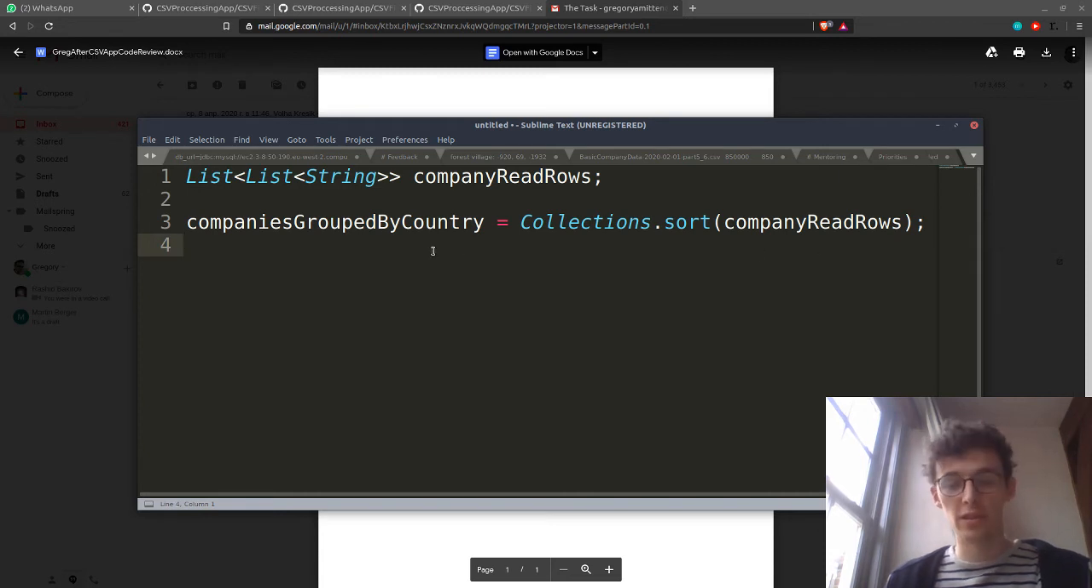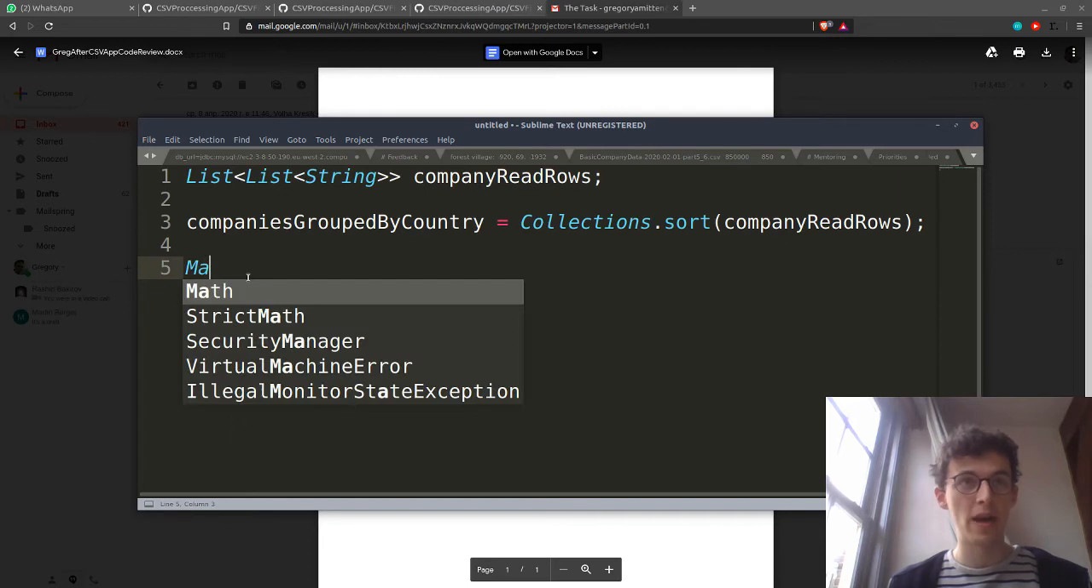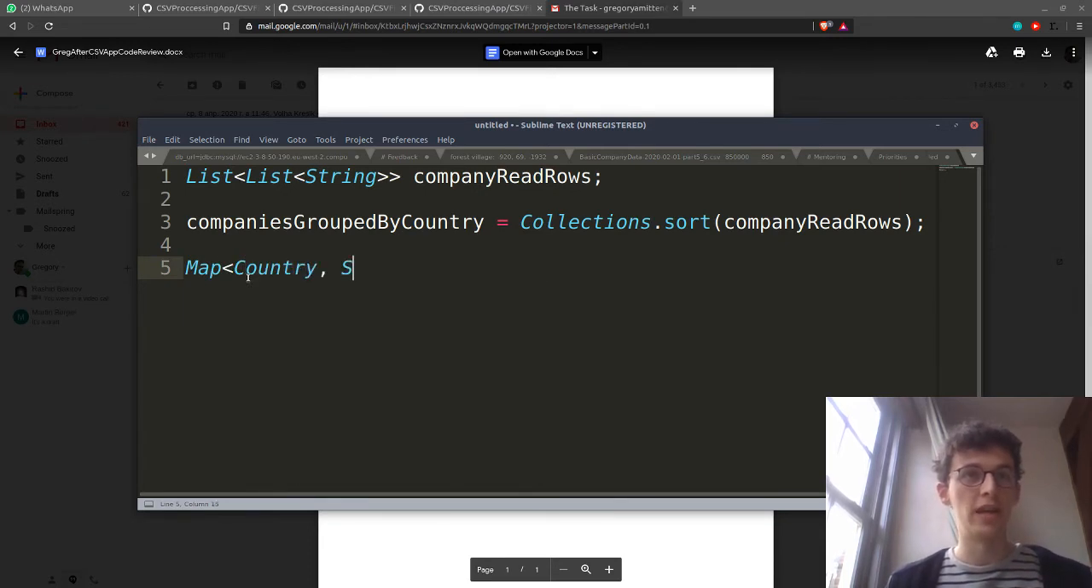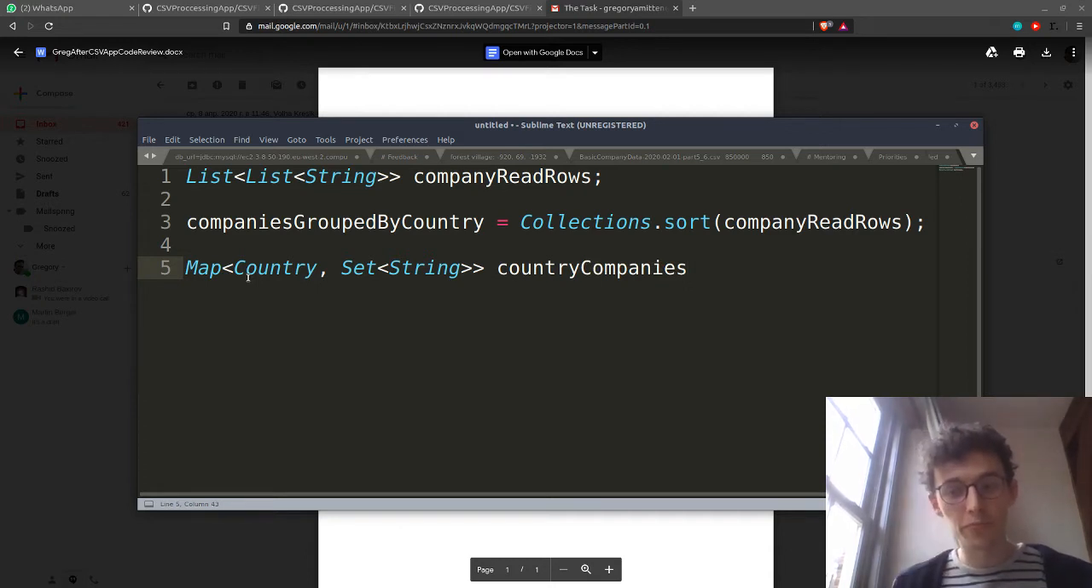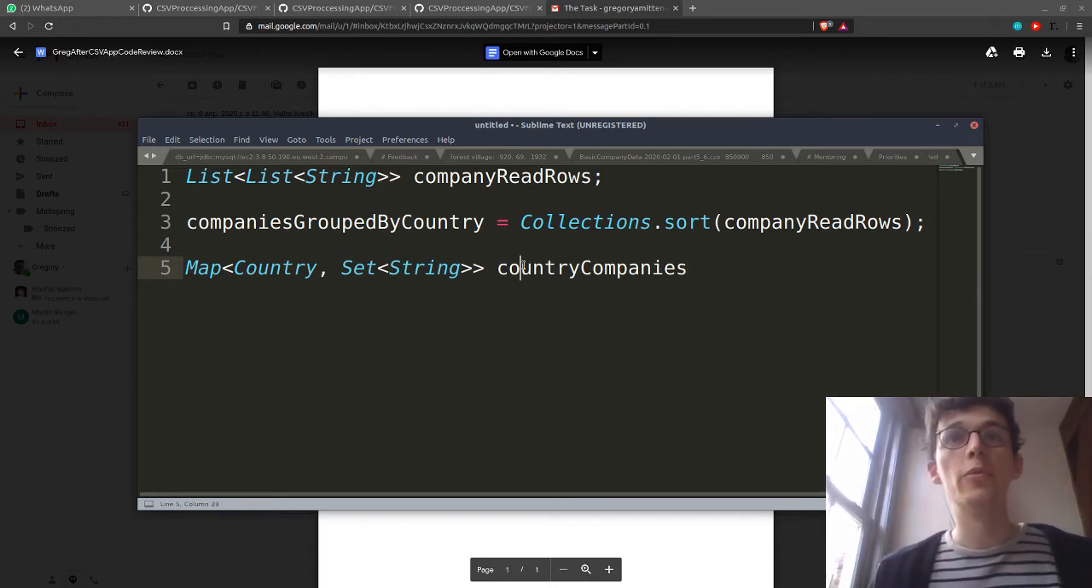What I wanted to get back to is this idea of using maps, and I think this comes in a later question as well. So I didn't go through the whole example, but I am definitely sure that using a map is much clearer here and will make things easier for people to understand, because even company raw rows, I don't really know what that means, but if we were to go back and have this map of country and then set of string and then call this country companies, I think that's a lot better